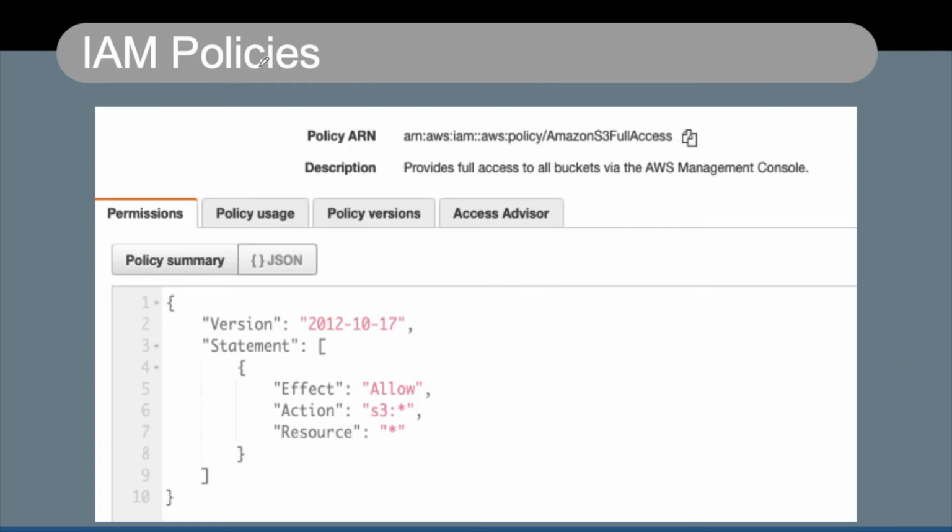Now, what is an IAM policy? An IAM policy is typically a JSON document, which is written here in JSON. If we see the statement, it says effect: allow, action: S3, and resources: star. What does it say? That means this particular policy allows a user access to the S3 service, which is typically called Simple Storage Service, and this is applicable to all the resources in S3. So this user will be able to create buckets.